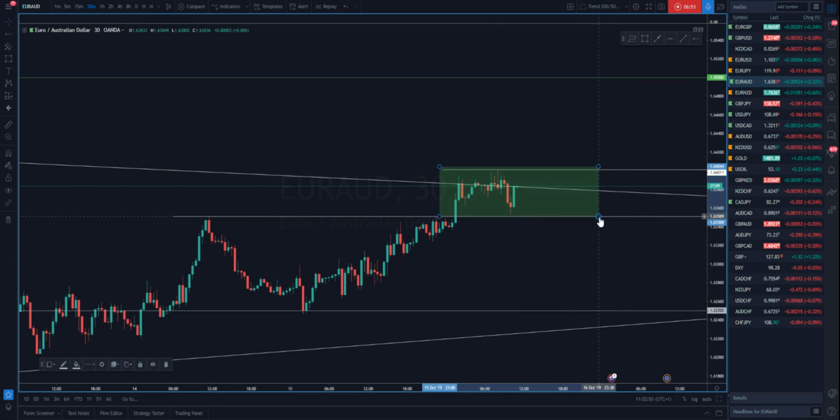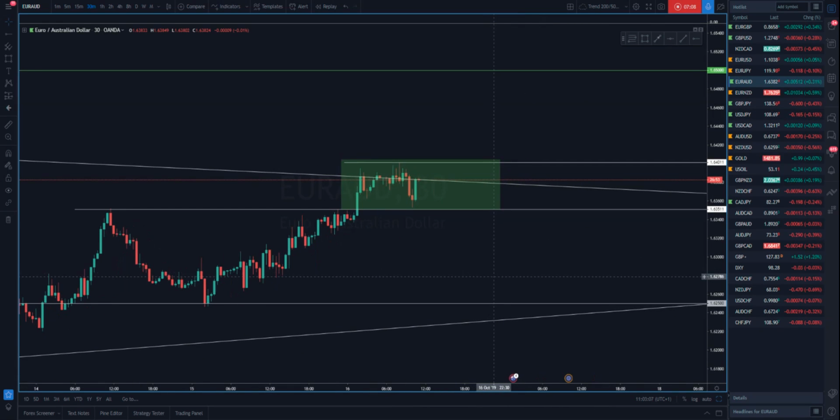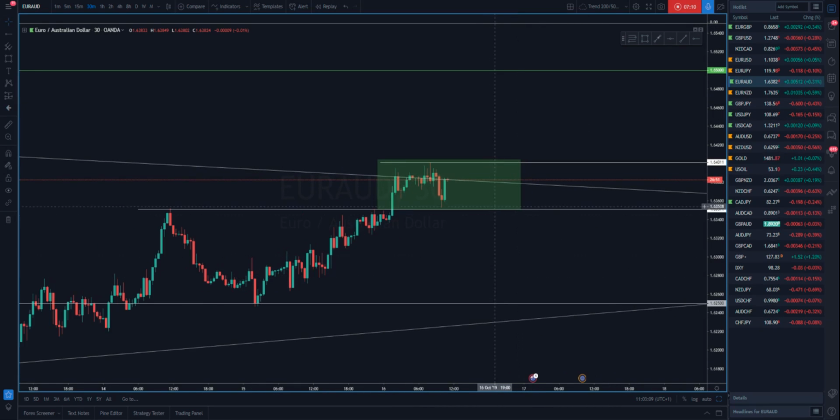What we might get now is this just ranges and gives us a bit of sideways movement. But what we'd look for is it to roll over and start to come back under this trend here. We're just going to monitor price for now. We have to be very careful with Brexit related dramas. If we do take a trade, I'll be monitoring the markets and letting you know. If we do take a trade, as always, 20 pips into profit, you move your stop to break even.